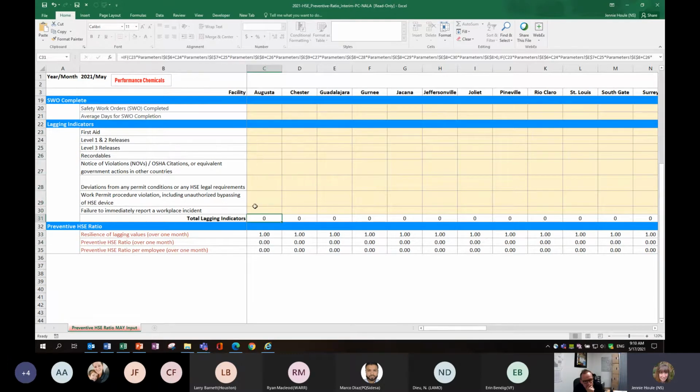And the calculations, this you won't have access to, but you can see the calculation. It is linked to other information that we look at when we're doing our calculations leading to lagging indicators. So it's not a direct calculation of this one plus this one plus this one. It is really linked to some factors depending on the severity of your lagging indicators. So of course, if you have a level 3 release, or you have a recordable injury, or we are dealing with